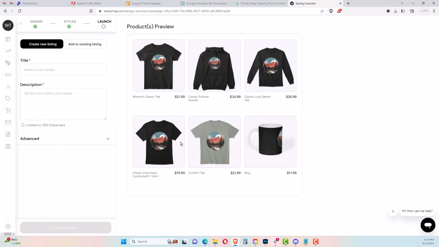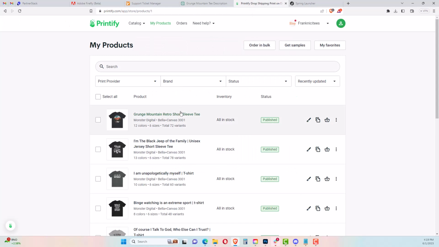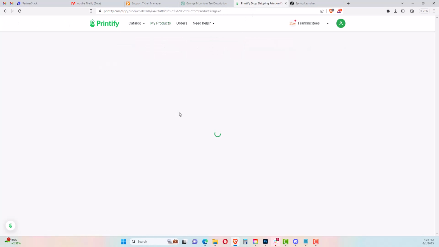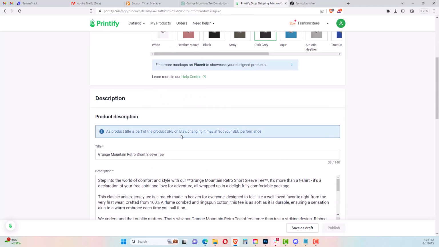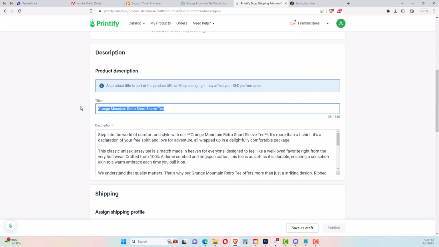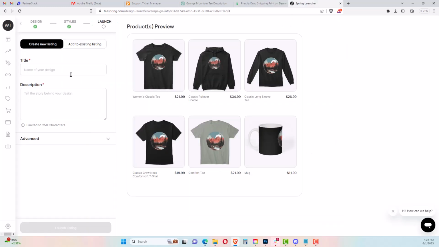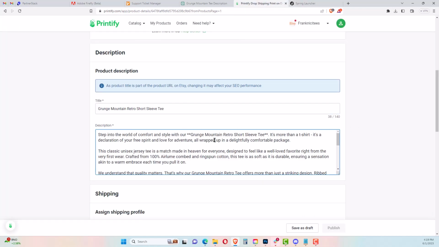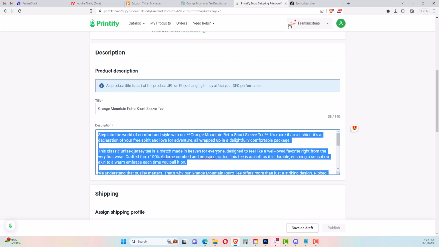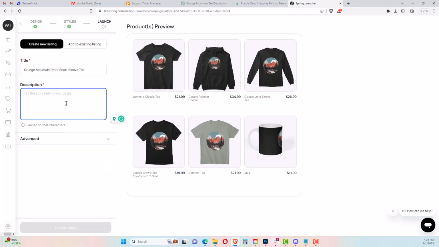There's what a preview looks like. We're going to do our title here, so what I'm actually going to do is I'm going to cheat and click on here and grab our title, scroll down here, grab our title, since we already have it done in the other store. No sense doing the work twice, right? Come down here and grab our content, but it's a limit of 250 characters. So what we could do is